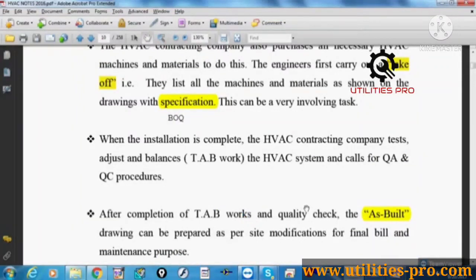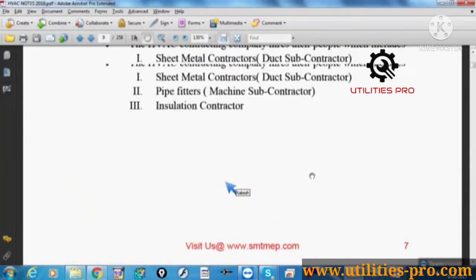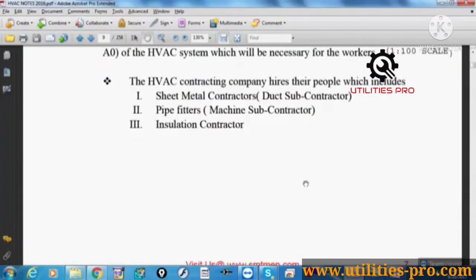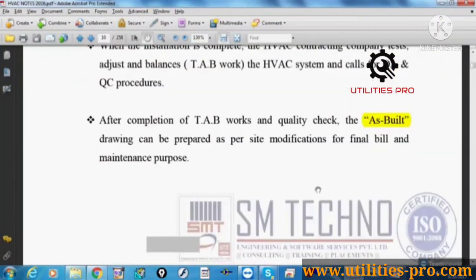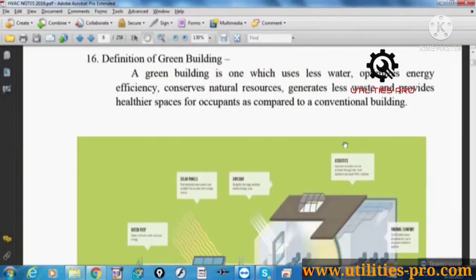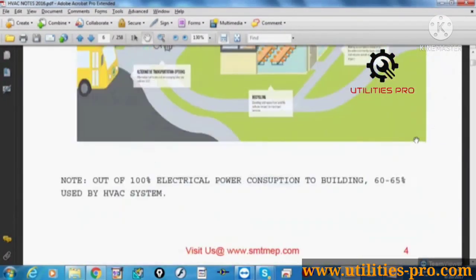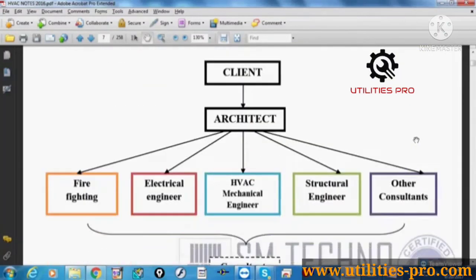Not only for HVAC; in other services, like if you're dealing with electrical, first preparation of shop drawing, then the subcontractors, but you'll not find a number of contractors for electrical. Then again metal takeoff, etc. So you can follow the same sequence for other services, because if you talk about any service, the order is the same. Okay, so I think you got the idea about the design and installation, just to set your mind, just to understand what we are going to learn.